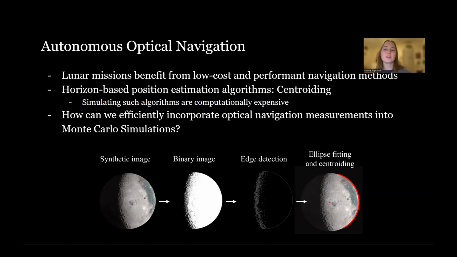A method of horizon-based position estimation algorithms that we are looking into is called centroiding, shown in the process below. The algorithm detects the horizon of the moon for edge detection. An ellipse is estimated where the center is denoted by the red dot on the furthest right. This is the estimated center of the moon. With this information, the algorithm can measure the range and the direction of the spacecraft from the moon's estimated